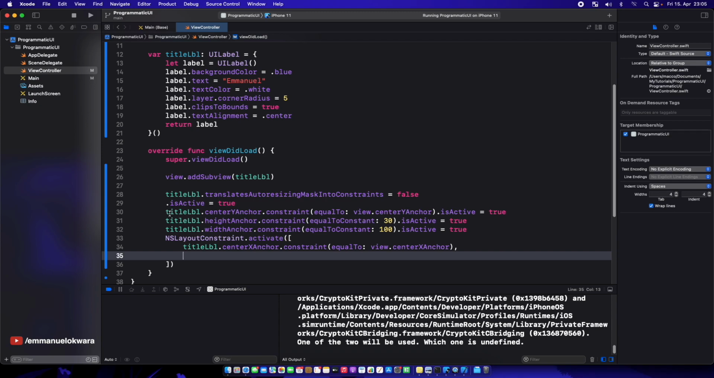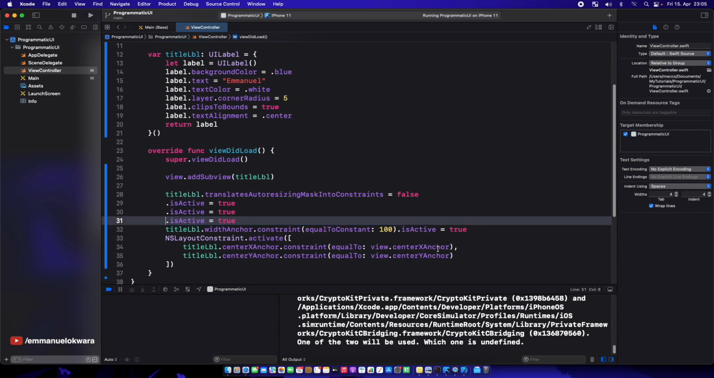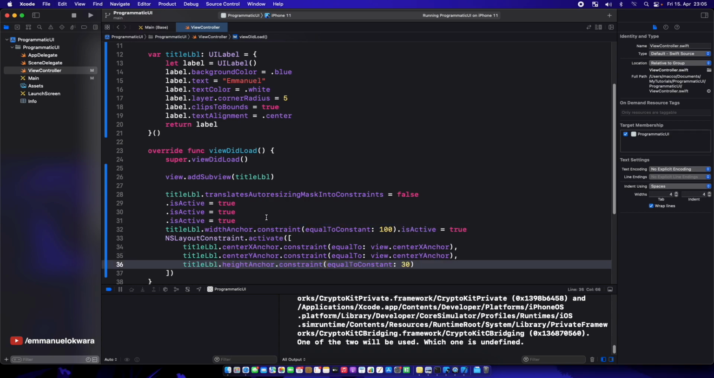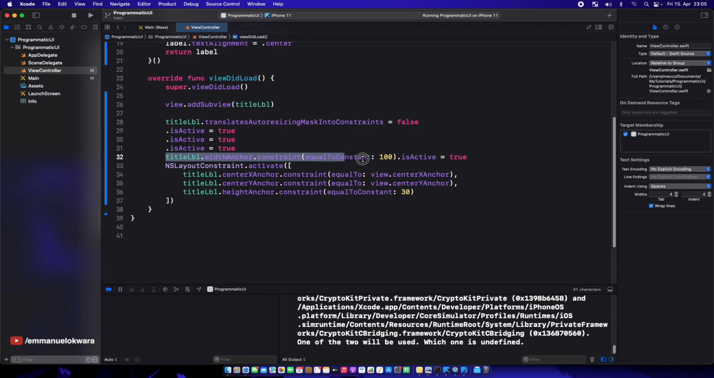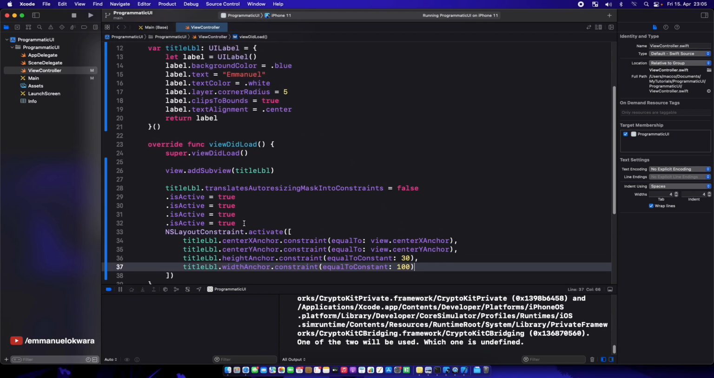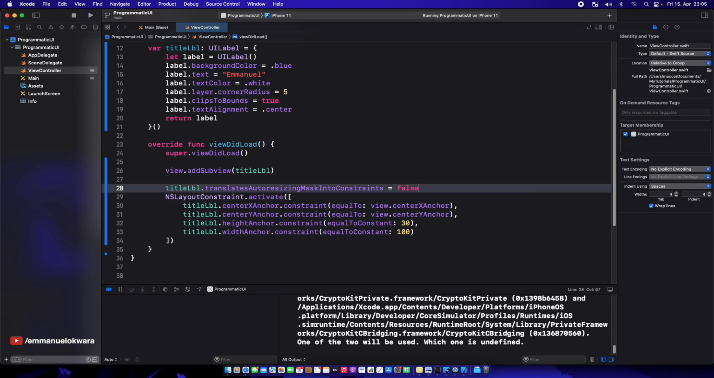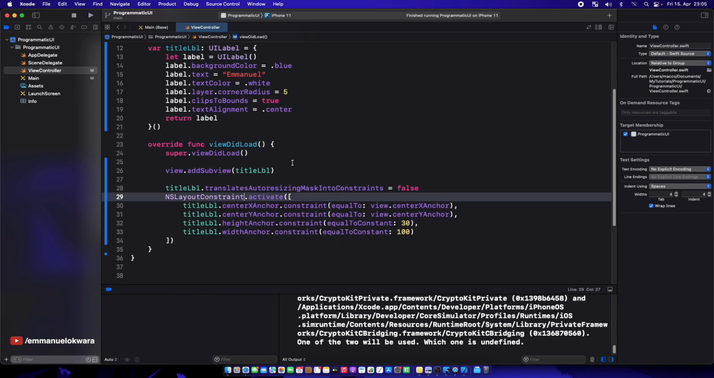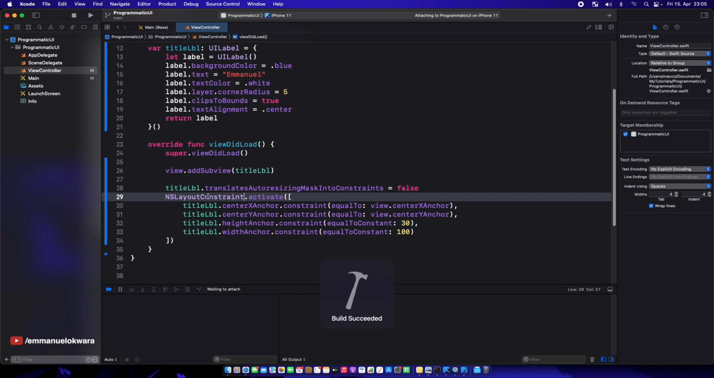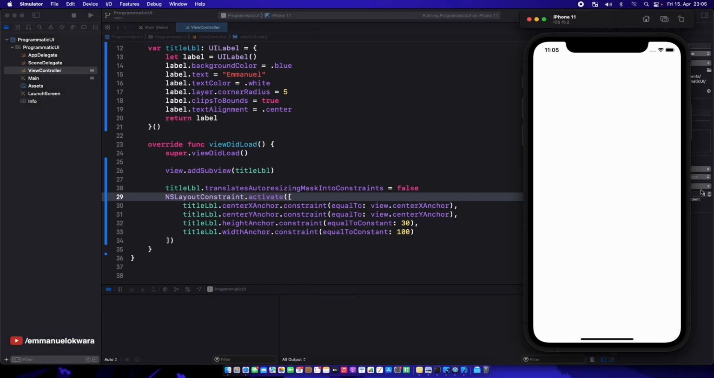So just write that one, take this one like this, paste, like this, paste, one more, like this, paste. All right, so I will need to do all of these activations here. And now if we go ahead and run this,